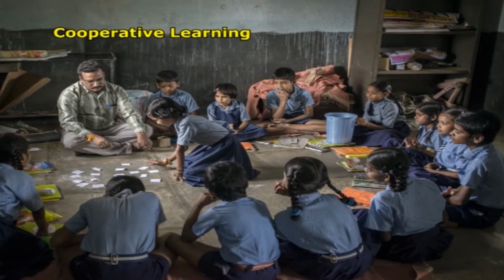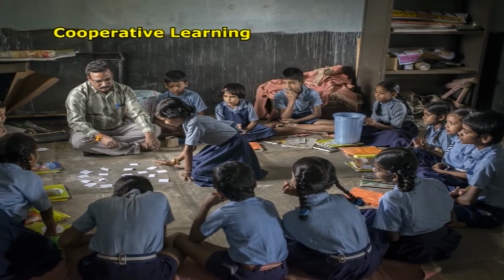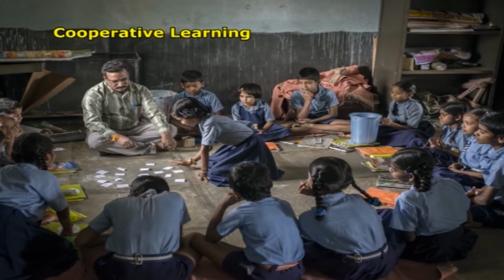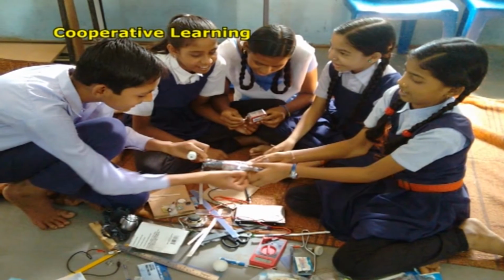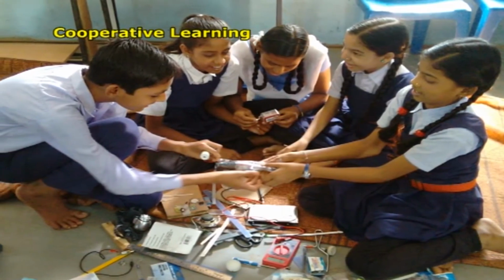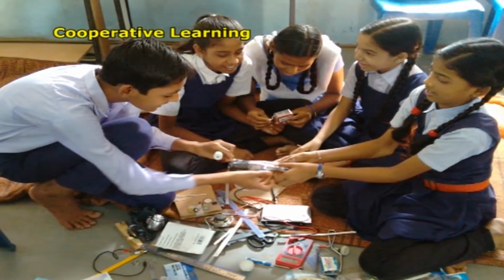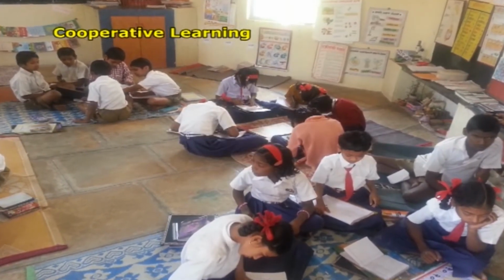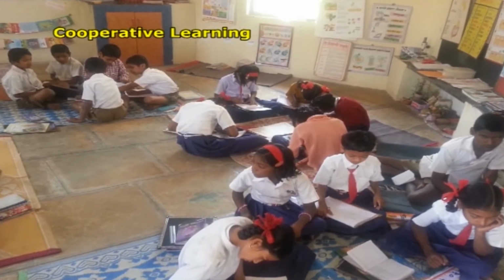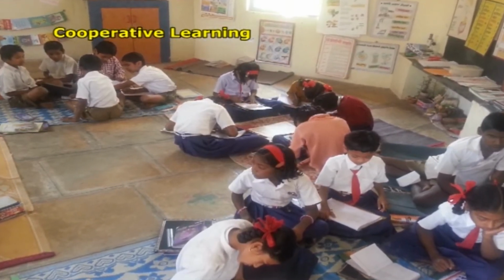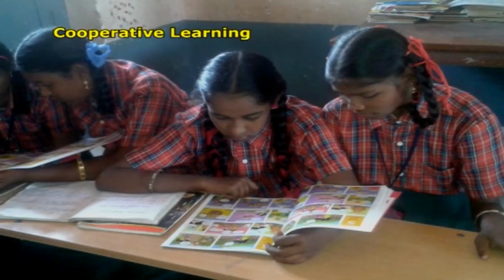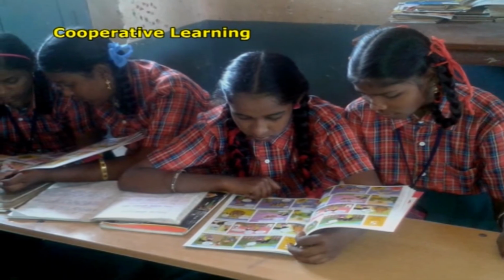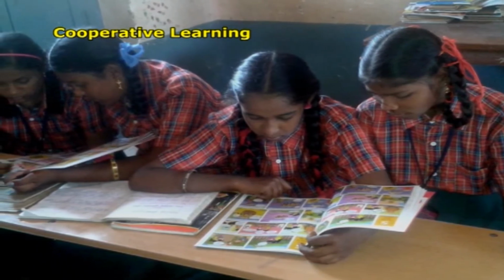Cooperative learning is an instructional strategy which involves students working together in small groups to accomplish shared goals. Cooperative learning helps to actively engage more children in learning than the traditional lecture method. Through cooperative learning, the teacher can engage the whole class in active learning. Cooperative learning encourages students to support their classmates.